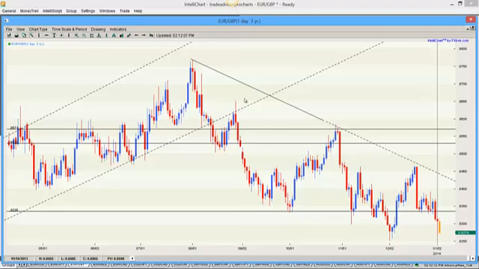It just looks like the range, as we're squeezing its way down into this kind of pennant, I guess you want to almost call it, it's kind of a crappy looking one, but price could end up being squeezed south, especially as the euro is weakening right now and the pound is strengthening right now. So I don't see anything on the euro pound, but you can see that, I would potentially, if price works its way back up to